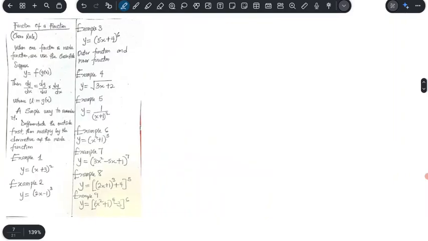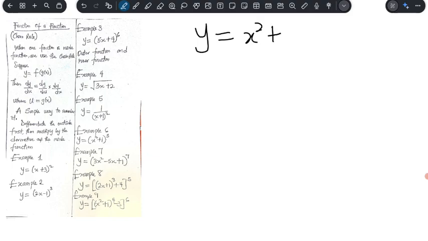So in example 6, we have y is equal to (x squared plus 1) all raised to power 5. You observe that in example 6, this is the first time we are going to have an inner derivative that is not a constant, but is x squared. So you say,